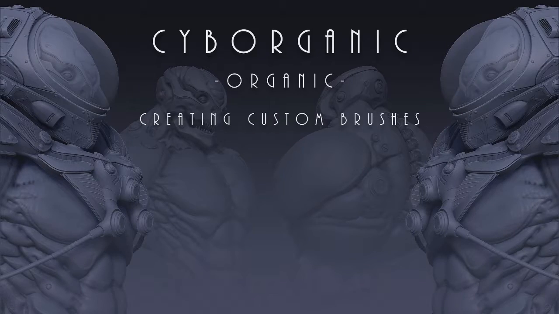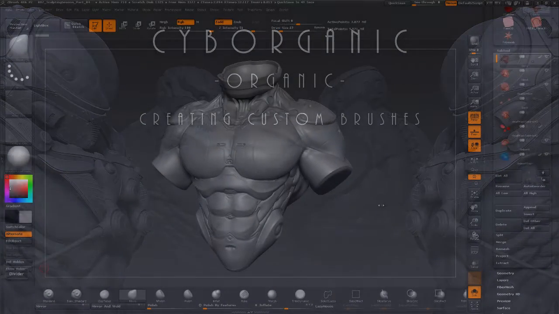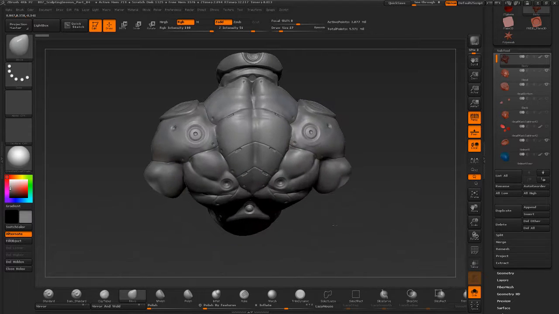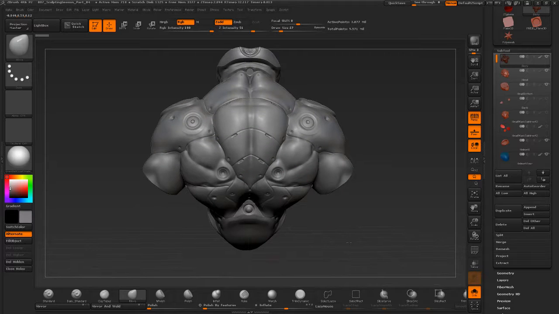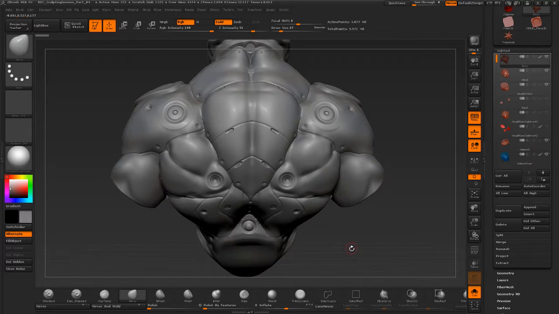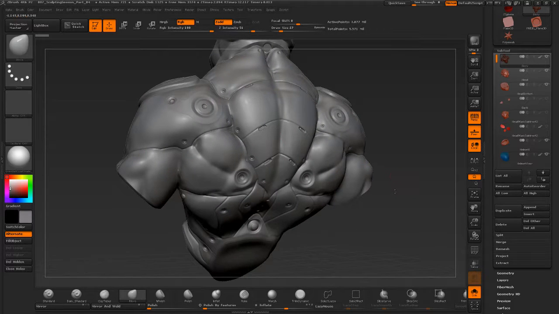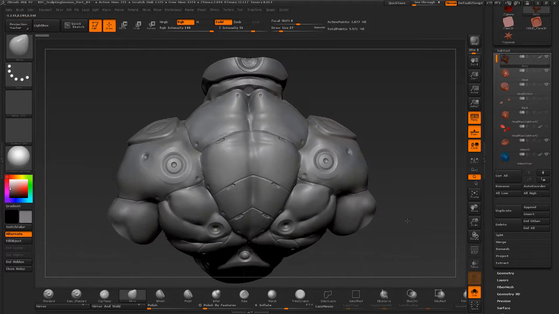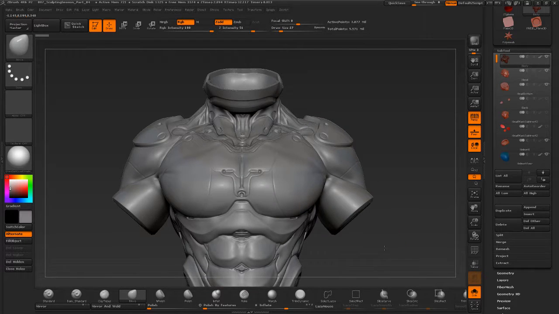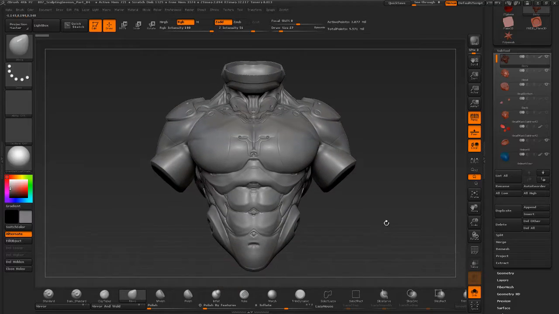In this video, we're going to take a look at how we can create our own custom brushes to add certain little details like these little brush inserts that you see here. And we can put those all over the model. So you can see that this shape is a little bit different than this, and these shapes have been inserted in here. But you can start to combine different brushes together to get a more detailed kind of finalized look on your model. So let's start taking a look at how we can actually start creating some of these different